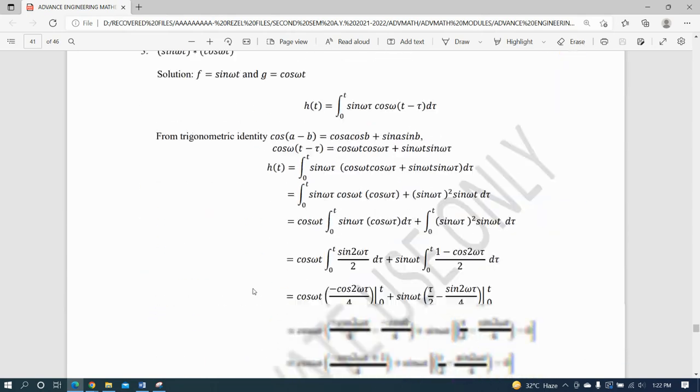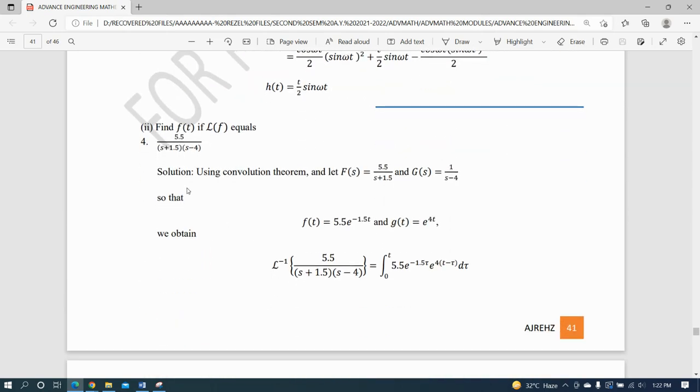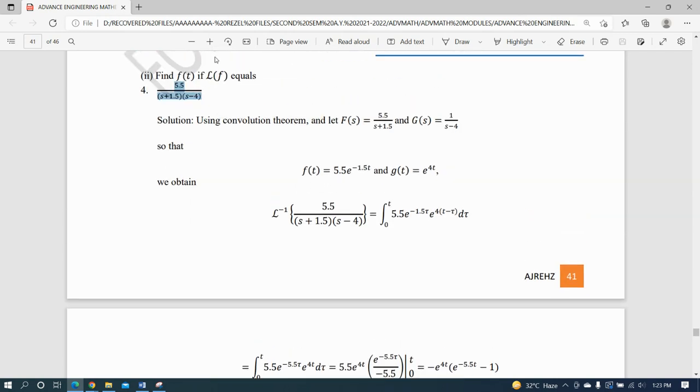So, ang gagawin therefore natin, kung halimbawa meron kang given na equation na Laplace transformed na, you just try to consider what's your f of s and what is your g of s. Basta ito daw, class, itong buong equation na to is the product of f of s and g of s. Okay? So, we have therefore,